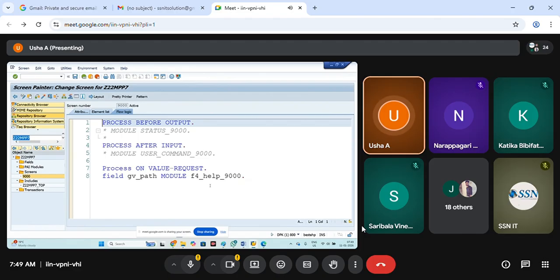Under that, you write the field name, and then under that you write the code, so that it triggers when I press F4 for that particular field. At that time, that event will trigger and run the piece of code which you wrote in the module.